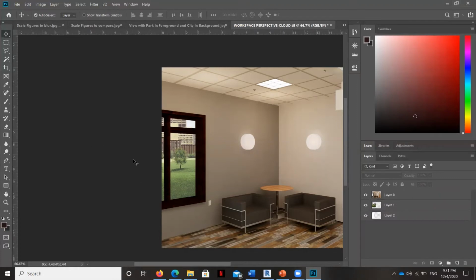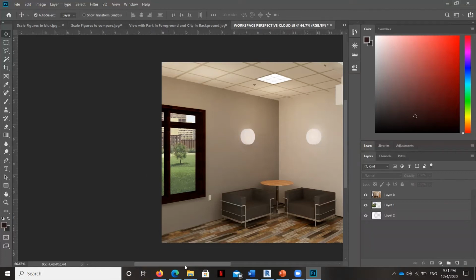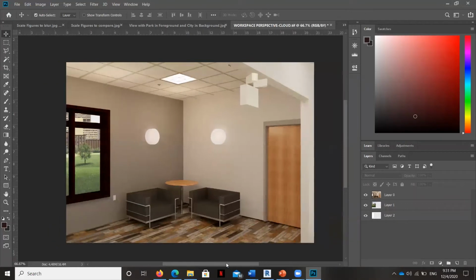So what's interesting about looking at digital renderings is you may not look at the actual rendering itself, because of course we know these Corbusier chairs are from Revit and we'll see them 1,000 times. But what you're going to start to look at probably is, how did they do the view out the window? Is the horizon line correct? And this one looks pretty good. Good enough for me to stop there.